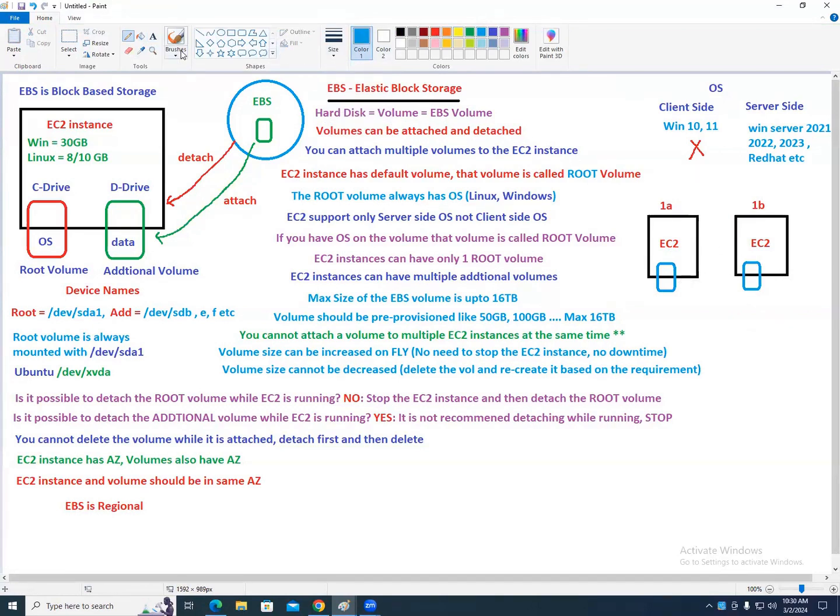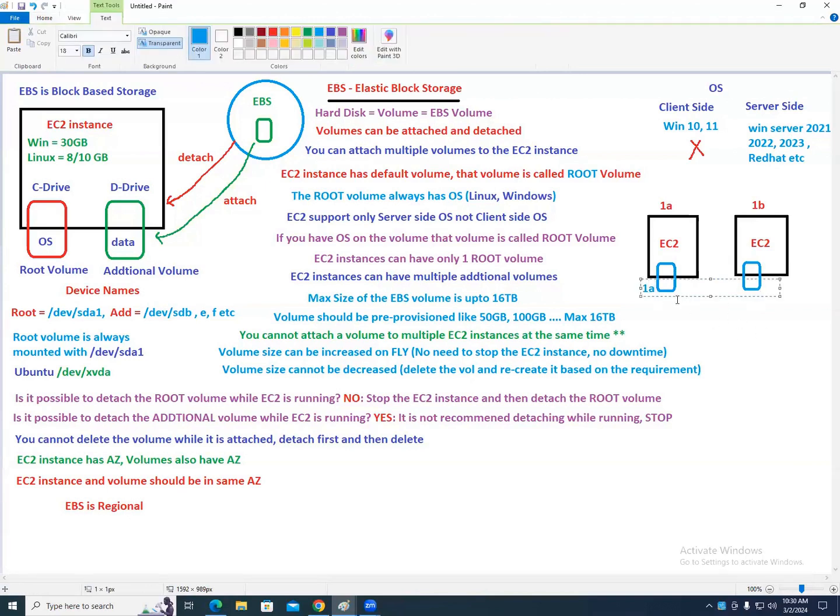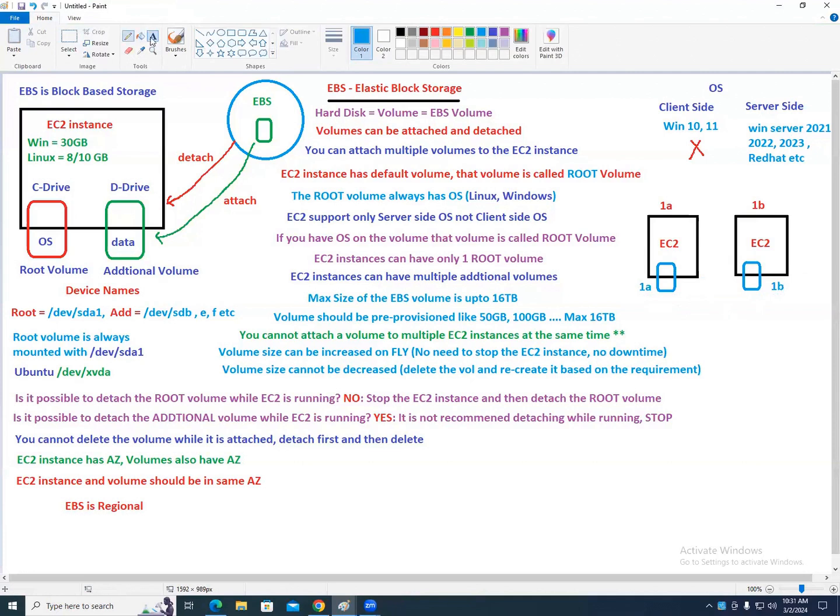This volume also is in which availability zone? 1A. And this one? Okay, now tell me, is it possible for me to detach this and attach it here? Possible? Why? Different availability zone. Fantastic.